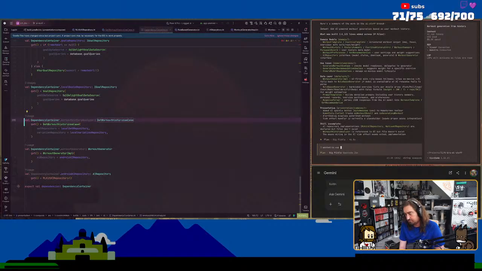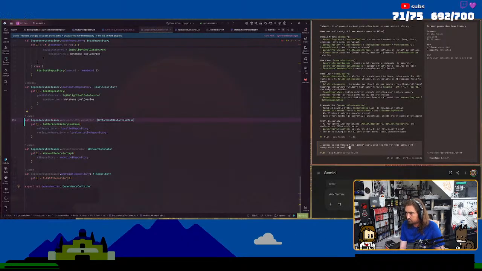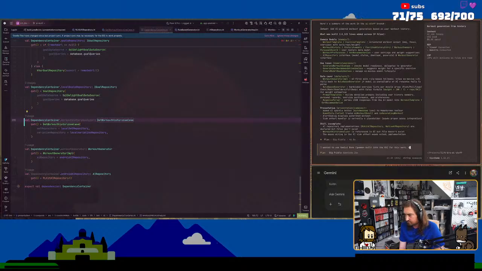I wanted to use Gemini Nano, Gemma 4, built into the OS for this work. Don't worry about the analyzer. I'll fix the analyzer reference, whatever. UI side effects needs actual implementation.